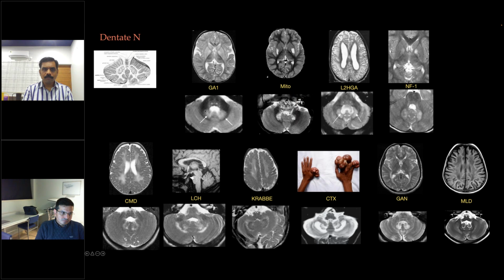The dentate nucleus changes, as we have seen in our previous sessions, these are the various differentials for the dentate nucleus changes. The more uniform dentate nucleus changes, as seen in the top panel, you have this T2 hyperintensity uniformly involving the dentate nuclei in glutaric aciduria, mitochondrial disorders, L2 hydroxyglutaric aciduria, and NF1. Whereas a more heterogeneous appearance of the dentate nucleus with sparing of the capsules and involvement of the peridentate white matter can be seen in muscular dystrophies, LCH, Krabbe's, CTX, giant axonal neuropathy, and also few case reports have demonstrated that in MLD. So based on the imaging findings, the first possible differential would be Krabbe's and other lysosomal storage